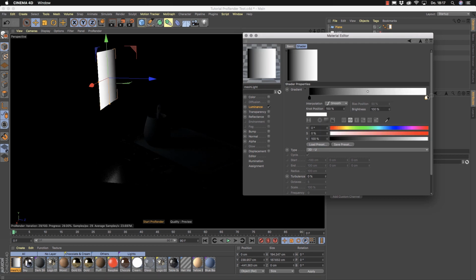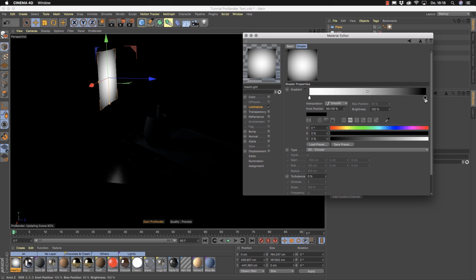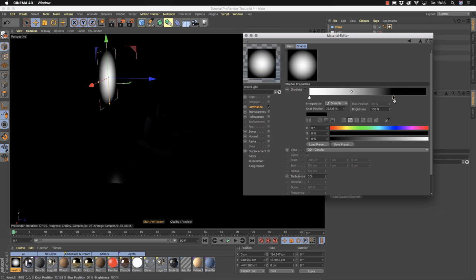But what I want to do is have a circular light. So first I go to the type of the gradient and switch to circular. And now the circle is in the wrong direction. So you can right-click over the gradient and invert the gradient. Then I bring this in a little bit so that we have a full circle. And now you see this circle is